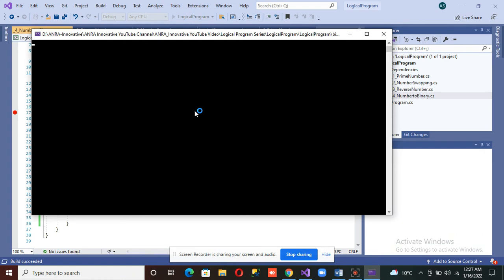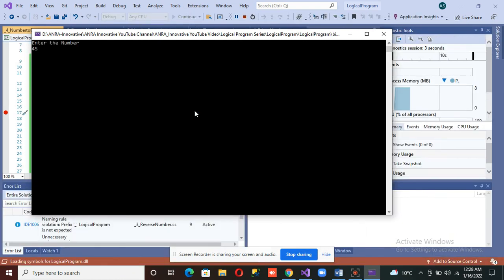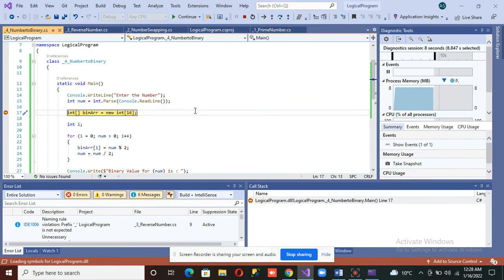It is taking time. Yes, okay. Enter the number. I'm just going to find out the binary of 45. Now we got the number inside the num variable, which is 45.